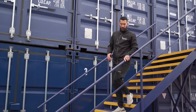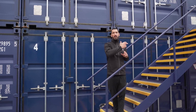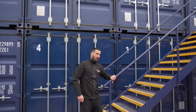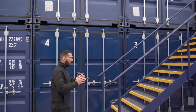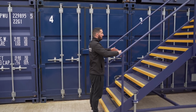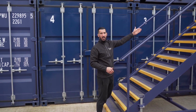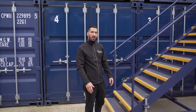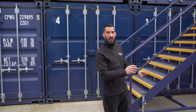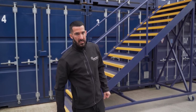What we wanted from this set of steps is to make it accessible the whole way around the yard, no matter where a double stack container is. For instance, if the container is double stacked right at the back, you can open the back gate and lock the 2 side gates, and you can go direct like that. You can be versatile with it, and that's what I really like about these. And the bonus about this is the